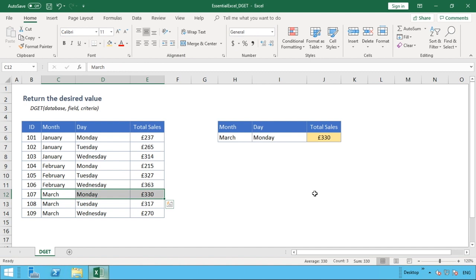The other benefit of using this function, so in our example there, we returned a value that was to the left of our criteria, and by that we mean the month and day. But the benefit of this is we're not limited to a particular direction. We're able to also go to the left of the criteria as well. So to just change the